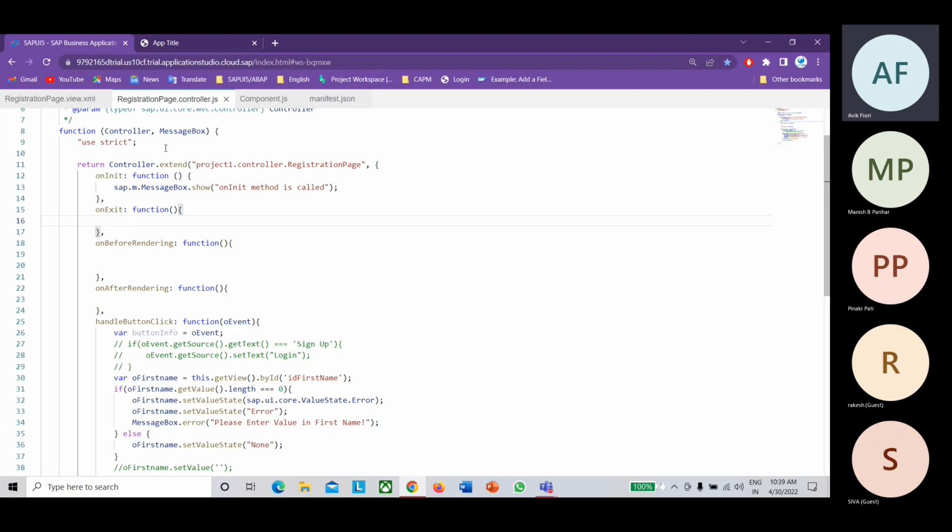For example, as soon as you click on logout, let's say you want to destroy the entire app, whatever the app has done. That type of code you can also write inside onExit. This is also triggered only once, but it will not trigger as soon as you load the app. It will be triggered when you're closing the app. Okay, for example, I'll show you.